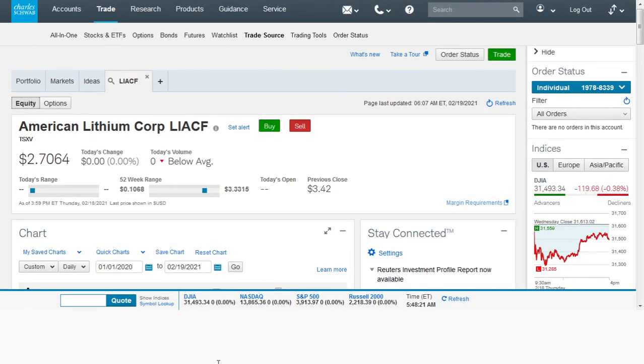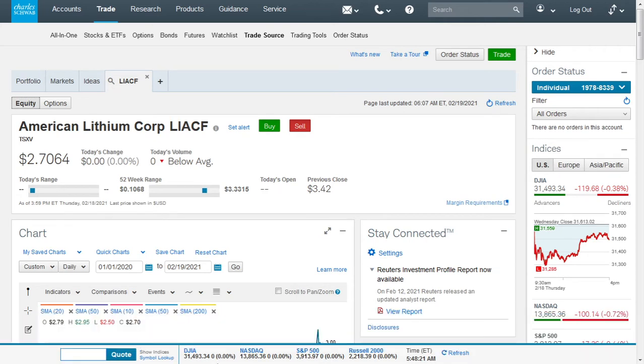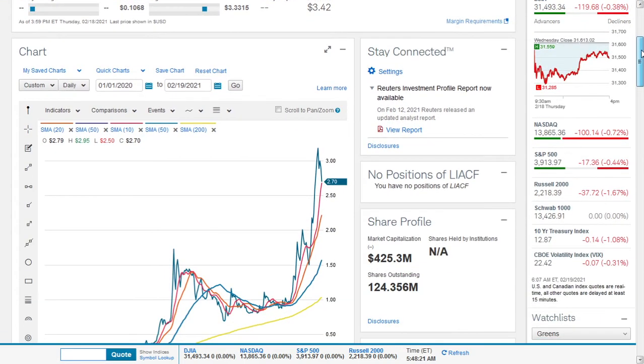Update on American Lithium, Ozop Energy and hydrogen systems. So we'll begin with American Lithium Corp. It closed up at $2.70 for the session of the 18th of February 2021. The previous close was $3.42, and